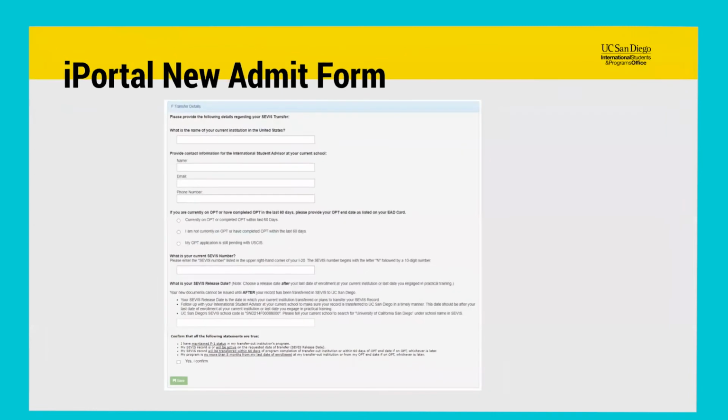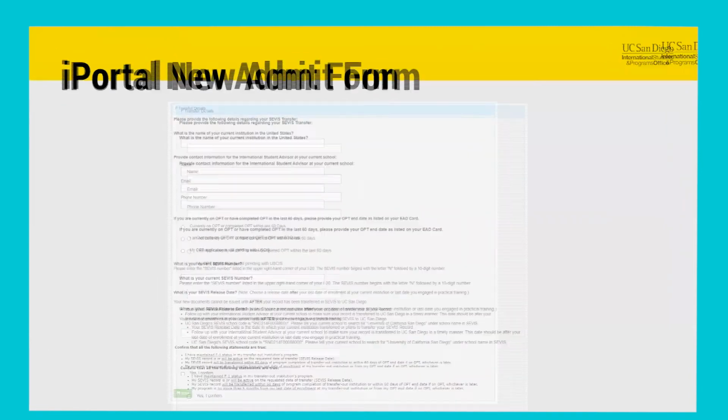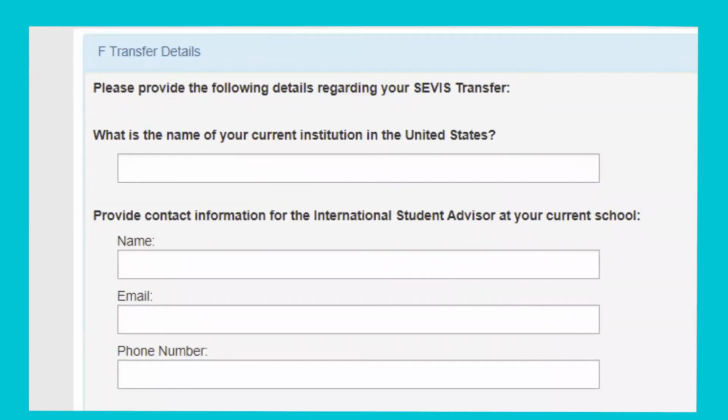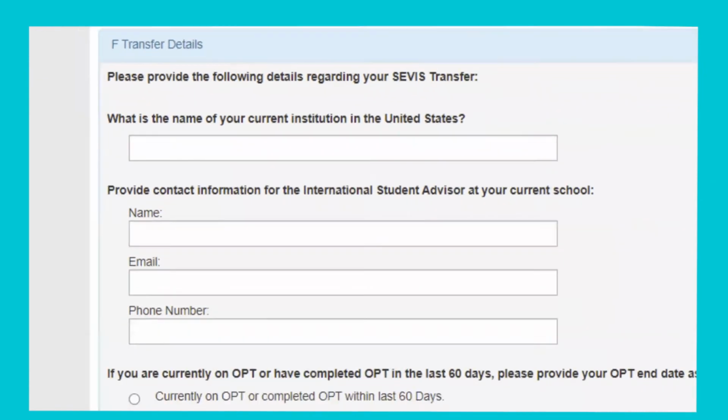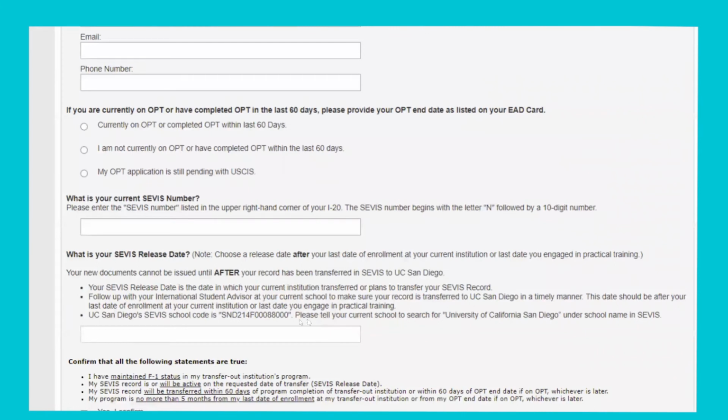Once you answer yes, the form will then ask for relevant information such as the name of your current school, whether you're on OPT, what your SEVIS ID is, and so forth. You will also be asked to indicate when you want your SEVIS record, or when you've scheduled your SEVIS record, to be released to UC San Diego. That gives us the information that we need in terms of when we're going to actually process your transfer